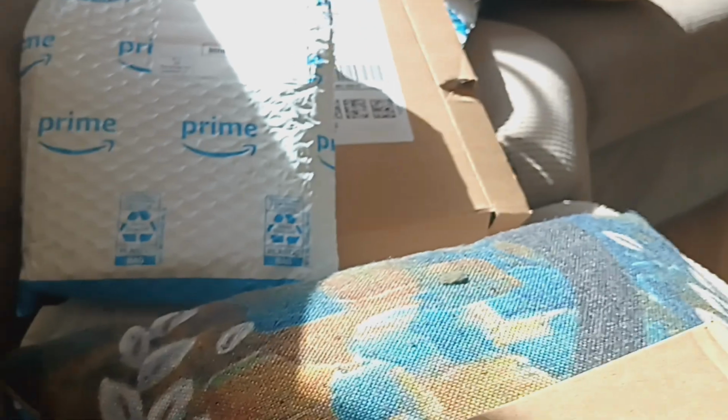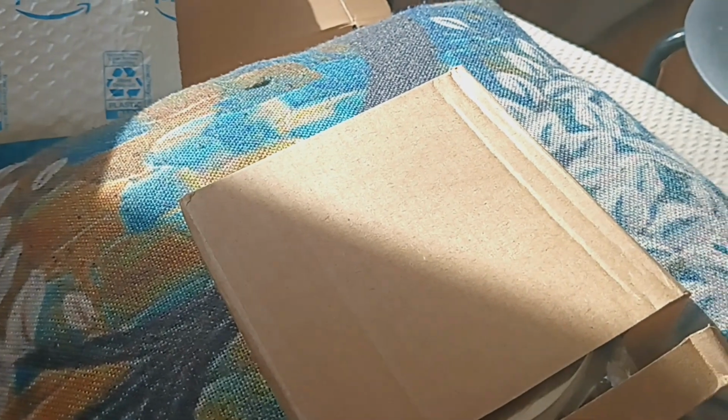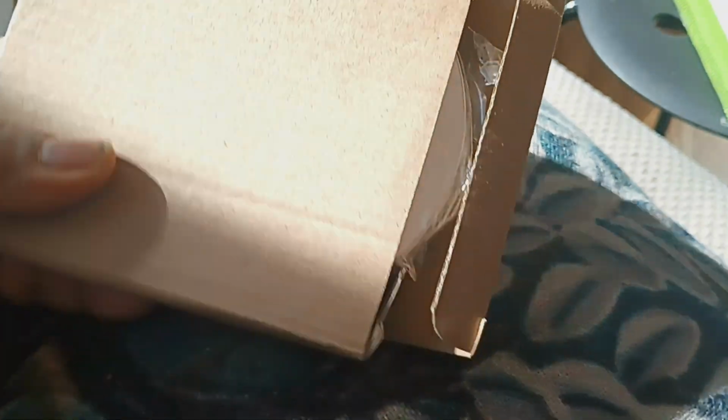So what do we have in here? Okay, I don't like the fact that inside the package, the box is partially open. These are all things I have to take into account when writing reviews, because remember, these folks want to sell these items to people. So people should get them in what I consider to be a respectable way. And it was sent in that mailer right there. If this box is weak and flimsy, why is it being put in a mailer like this? Look, the item is partially coming out of the box. So let's just shake it out. These are just...